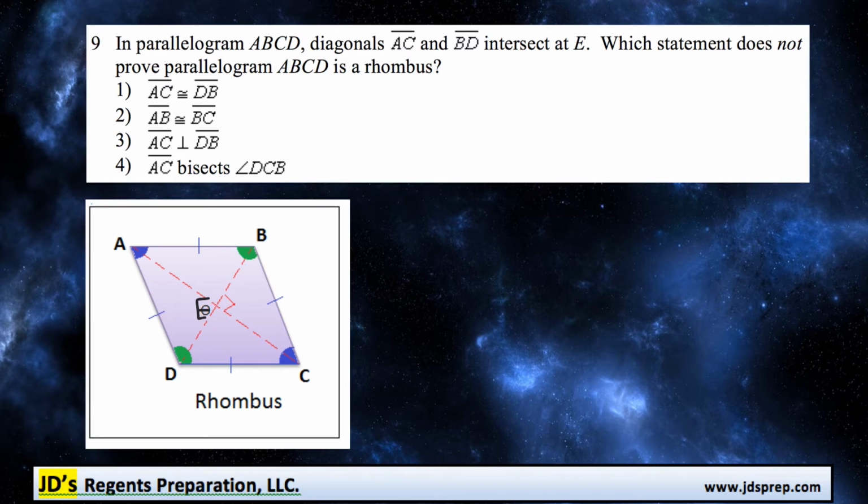So obviously in the diagram here, we are dealing with a rhombus. So let's go ahead and start with looking at option number 4. It says that the line AC bisects the angle DCB. Now that is always going to be true if you are dealing with a rhombus. This diagonal line here from A to C is going to bisect that angle exactly in half, so that checks